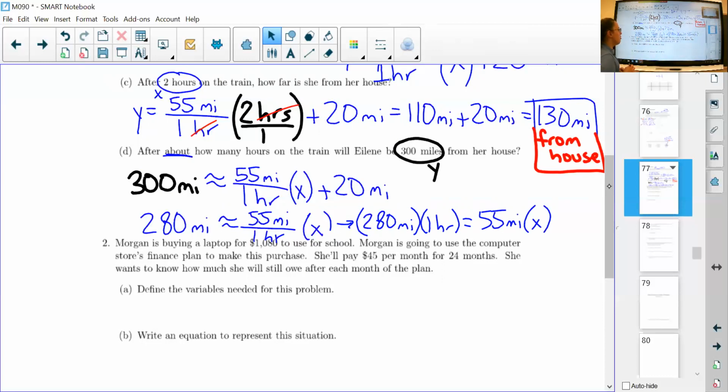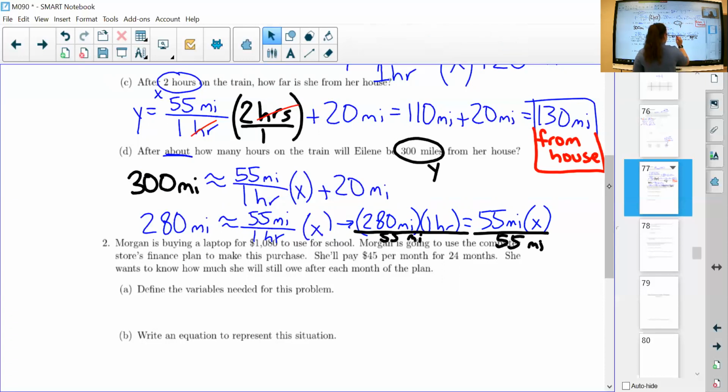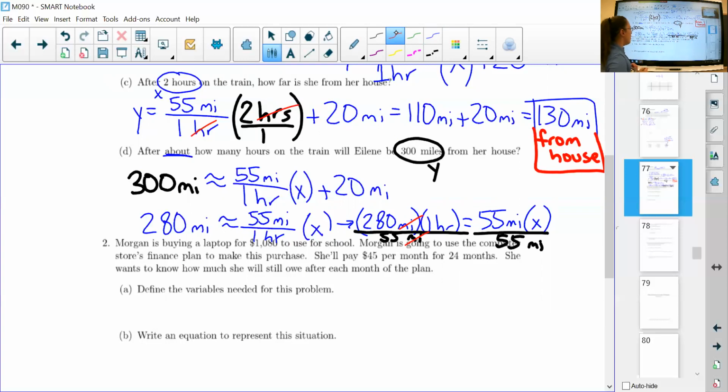Now what? Well, I want X by itself. Let's divide by the thing that's multiplying it. Divide by 55 miles. Miles and miles cancel out. And I'm left with 280 over 55 hours equals X. So X equals 280 over 55 hours, which they said approximately, let's see, 55 goes into that about